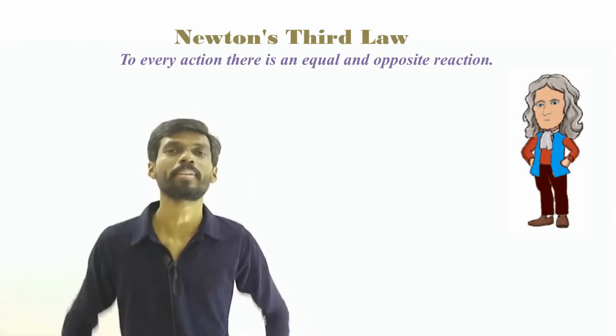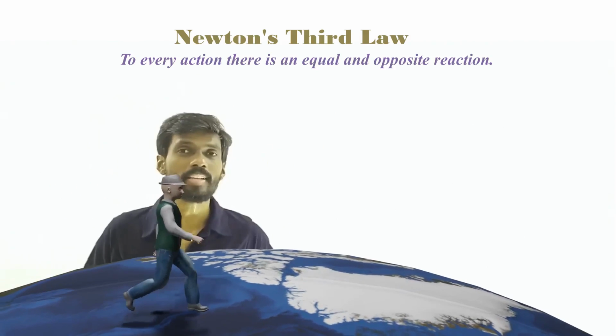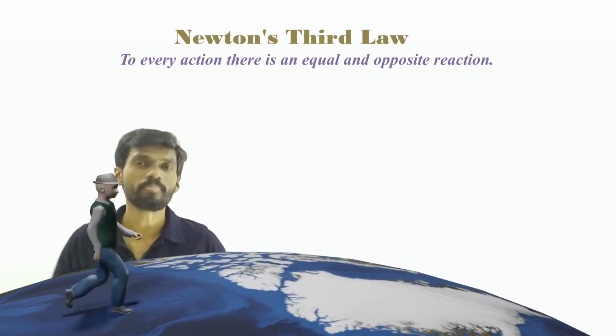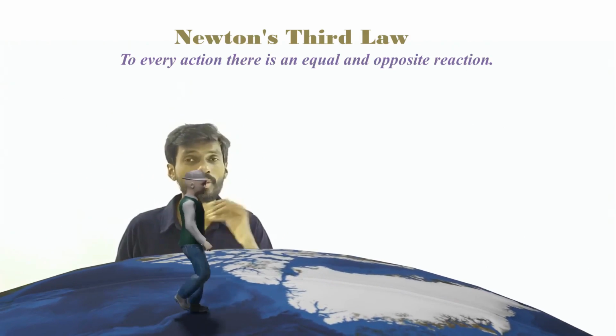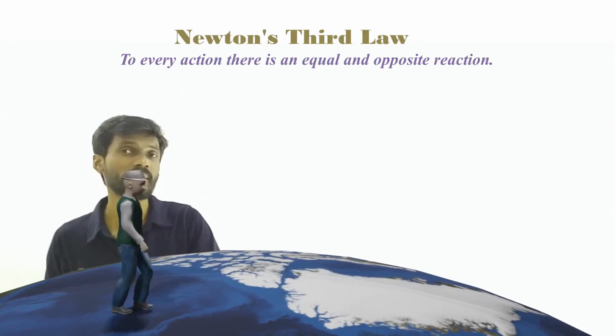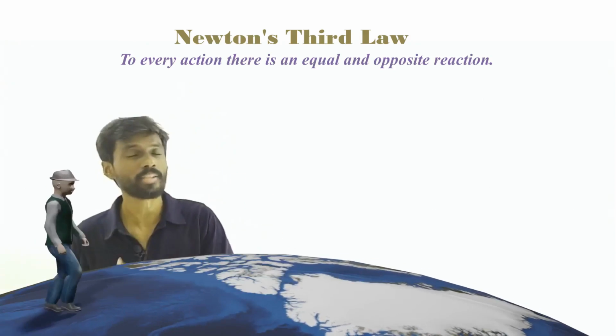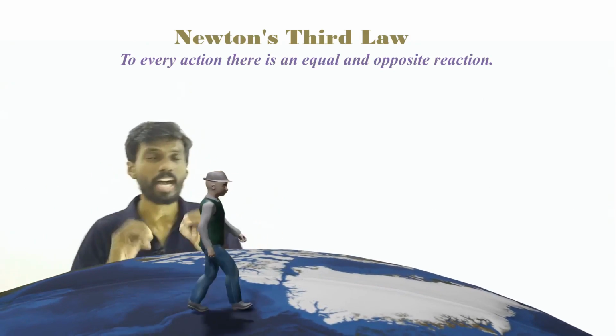Let us take this example. Our Tin 2 is walking. That means he does some action. What action? He applies a force on, not himself, he applies a force on some other object, the planet Earth in this case. So that object exerts a force on him in return,